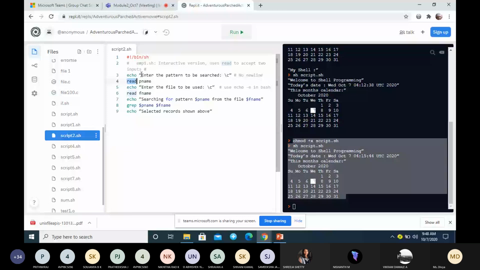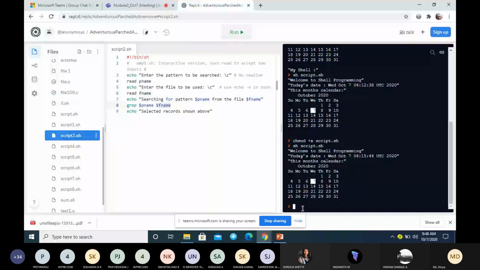So what is the syntax of grep command? Grep followed by, what is the second argument?